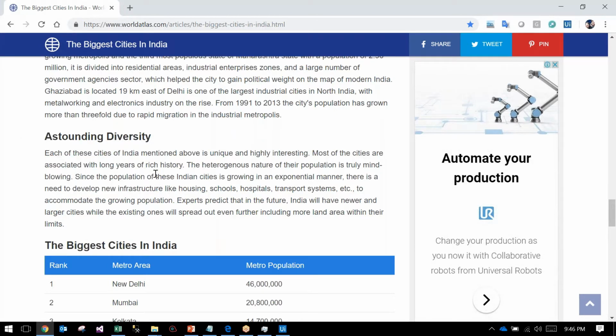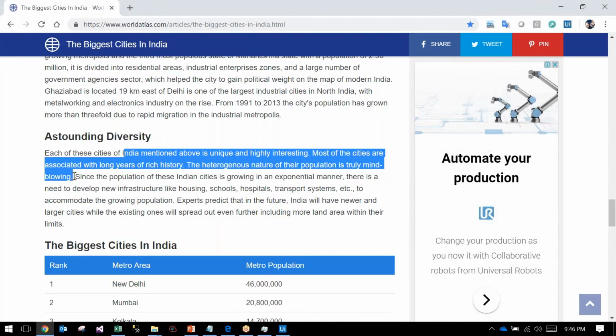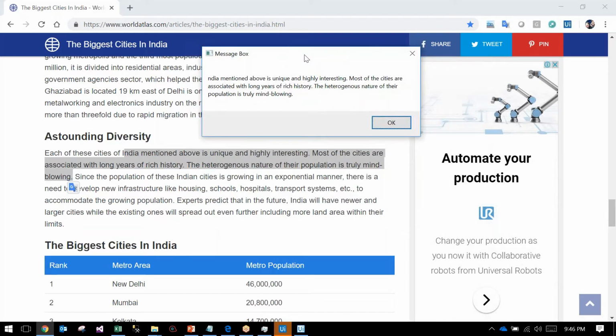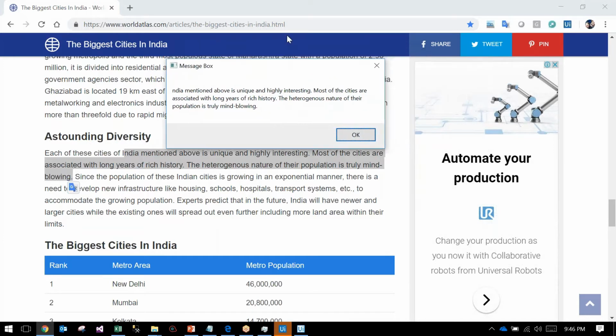From India, we can select to here. So this is a selected thing, right? Just selected, that's it. It will give the selected text. Got it, right? Understand? So this is about the clipboard.